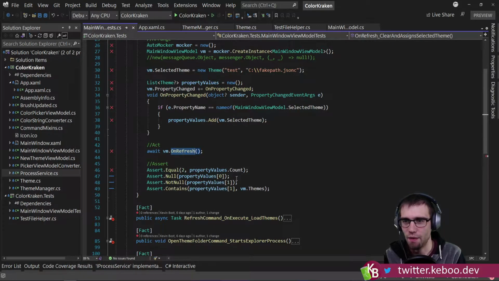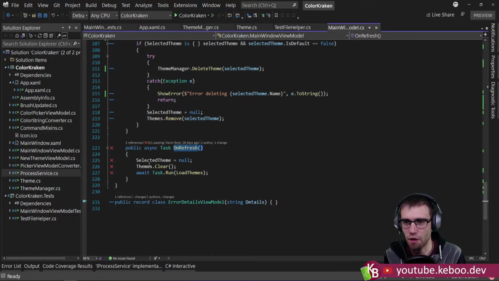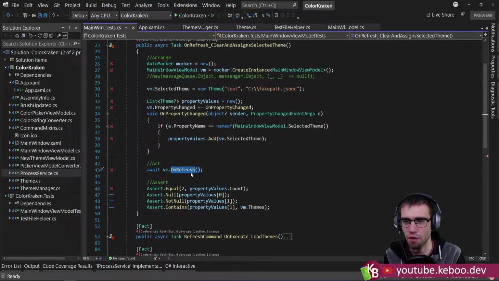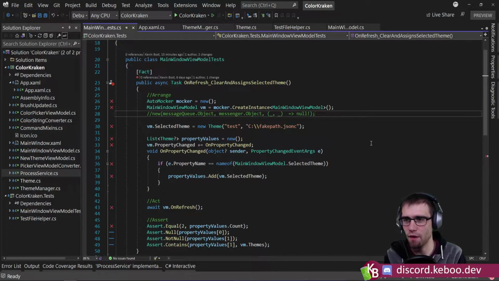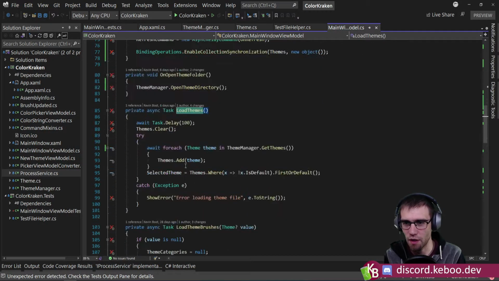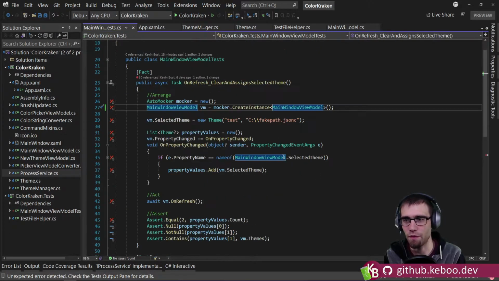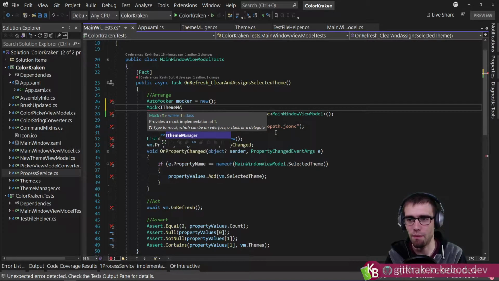So we can see this on refresh. This one was waiting for, so we were invoking on refresh. It's called load themes, and it is expected to go through and do all of the property bits. Now I'm fairly confident, based upon how this is working and the change that I just made, the most likely explanation for why this is broken is that it's making a call to get themes, and get themes is returning nothing, whereas before it was returning something. So what we will do is go with a mock theme